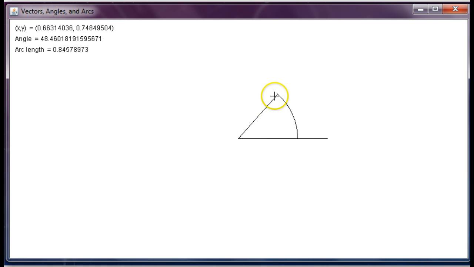So this is a unit vector in the direction of the crosshair, and I'm recording the x and y coordinates of the head of the vector. I'm also recording the angle that's made with the x-axis here, and I'm recording the length of this arc. Okay, so all three of these values